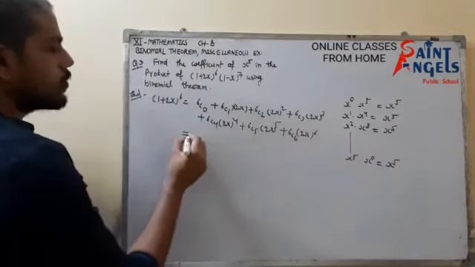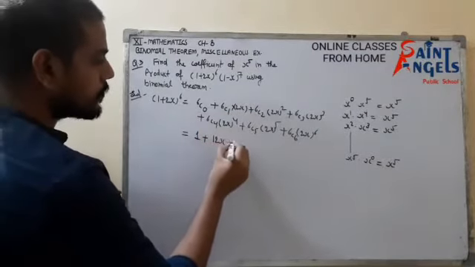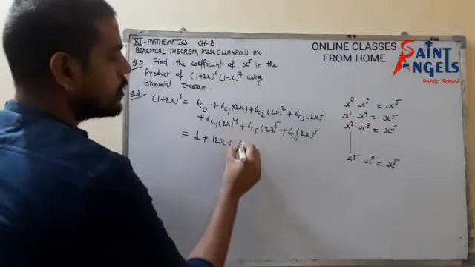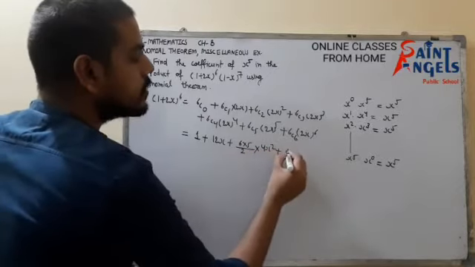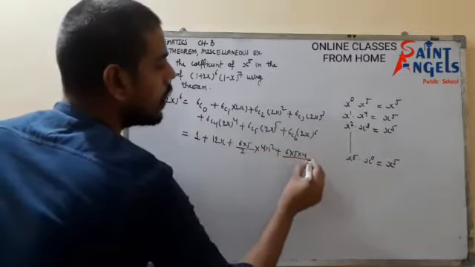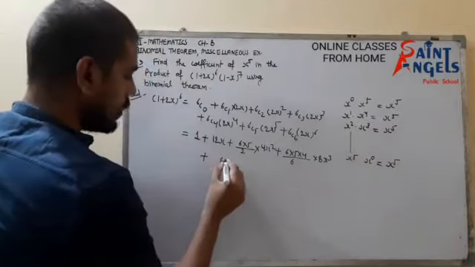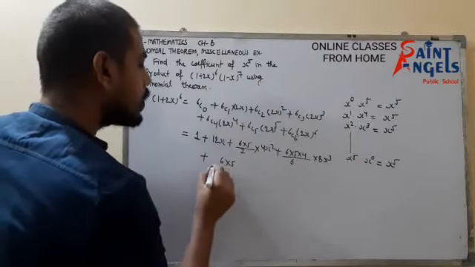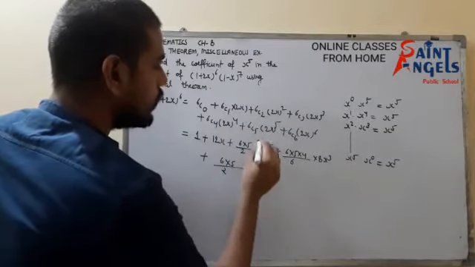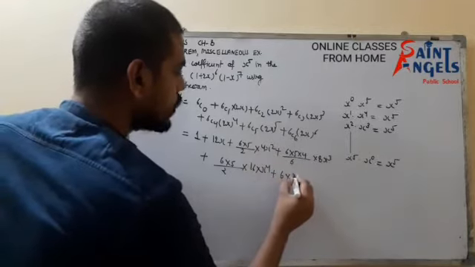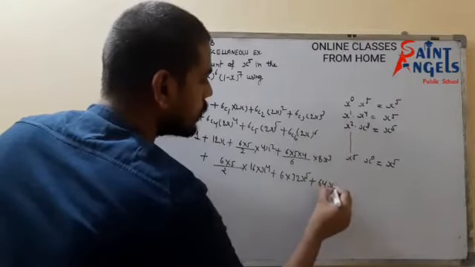Okay, now solve it. So it would be 6C0 is 1, 6C1 is 6, and 2x, it means what? 12x. Now 6C2, so that would be 6 into 5 upon 2, into 4x square. 6C3, 6 into 5 into 4 upon 6, into 8x cube, plus 6 into 5 upon 2, 16 into x to the power 4, plus that would be 6, and it would be 32x to the power 5, and that would be 1, and that would be 64x to the power 6, isn't it?